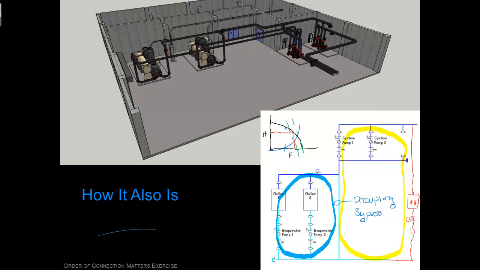We could pick these pumps for the high heads and flow rates the loads needed, and these pumps just had to be picked for the flow the chillers required at a very low head. There's really not much head required to push the water from here out to the chillers and back. I've had jobs where these pumps were picked at 15 or 20 feet. So